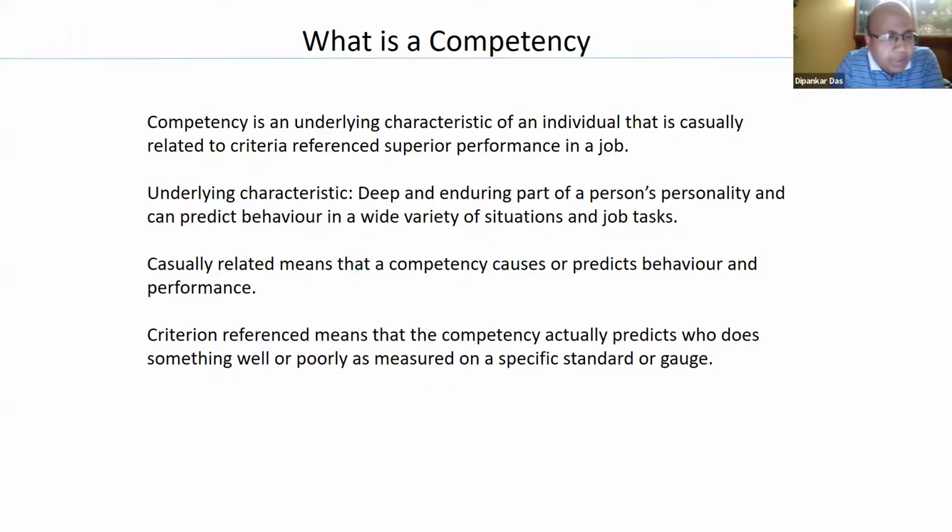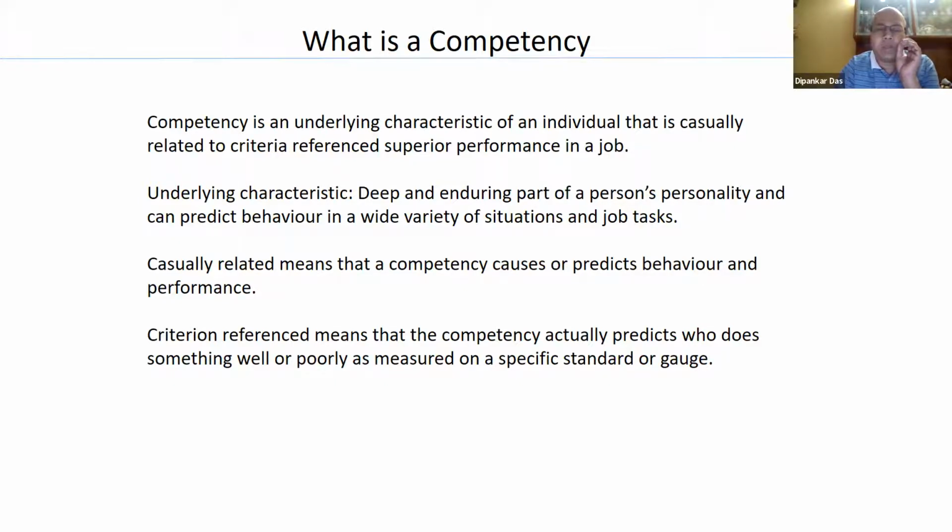Criteria referenced means that I have a benchmark. Let's say a good salesman can close 10 sales a day, which is brilliant. Now somebody who's still good but not excellent may be doing 5 sales a day, and somebody who's okay does 2 to 3, but somebody who's not good may not be doing any sales in 10 days. So criteria referenced means that